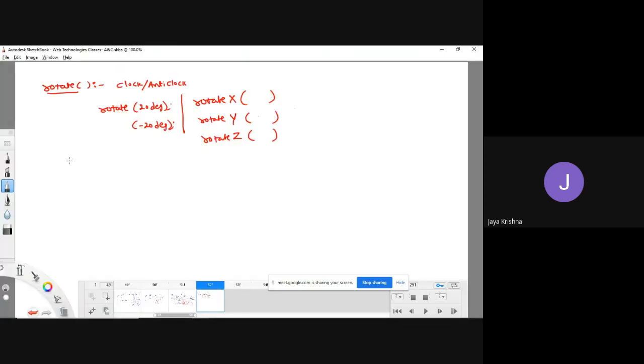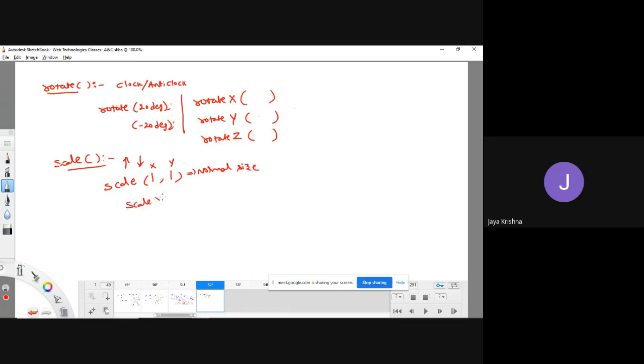Next kind of method, the scale method, which is meant to increase or decrease the size of an element. If I am passing two parameters, the first parameter is the x-axis, the second parameter is the y-axis. If I am passing like that, this is a normal size.